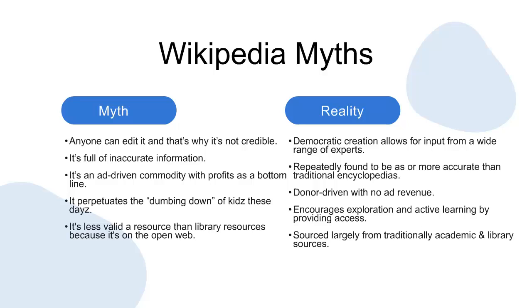Wikipedia is a donor-driven, nonprofit encyclopedia. The parent organization, Wikimedia, publishes its funding reports and is listed among Charity Navigator's highest rated and most transparent nonprofits. It is, in fact, the opposite of an ad-driven economy. Never has information and knowledge been so accessible, so freely, so readily, and so currently as it is on Wikipedia right now. The use of Wikipedia is indicative of learning.